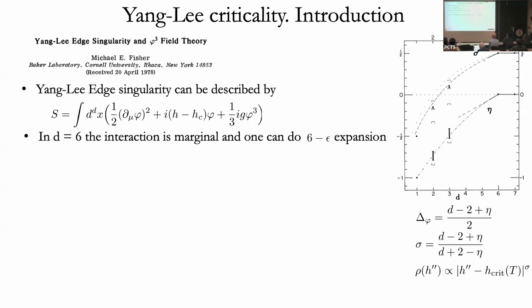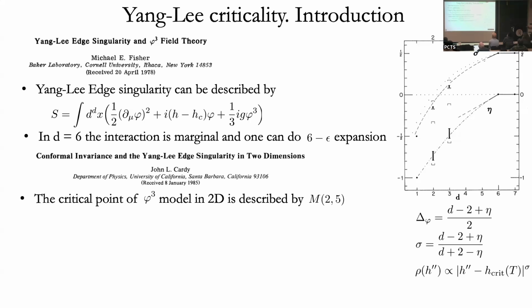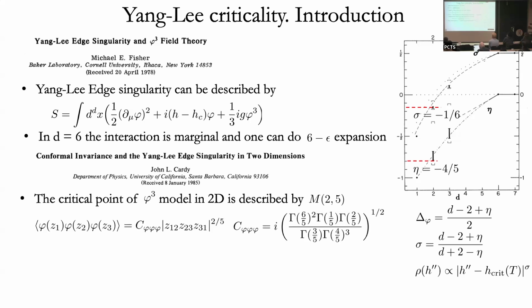And actually 7 years after Michael Fisher, Cardy basically said that this phi cube in 2 dimensions is actually the M25 model, which we know from the BPZ paper. And therefore, we know these anomalous dimensions exactly, and this is the dimension of phi. And then we can go and compute